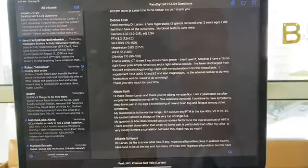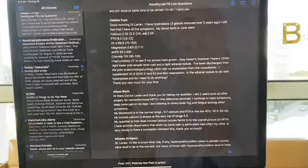I supplement vitamin D 3,000 units and K2, also magnesium. Good job. Is the adrenal nodule due to hyperplasia, and do I need to do anything? You know, the adrenal nodule,